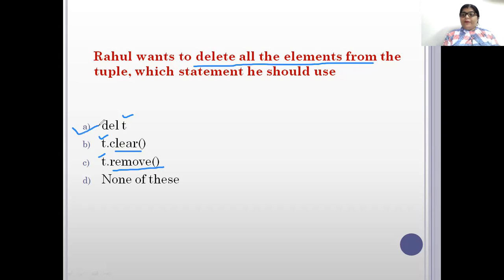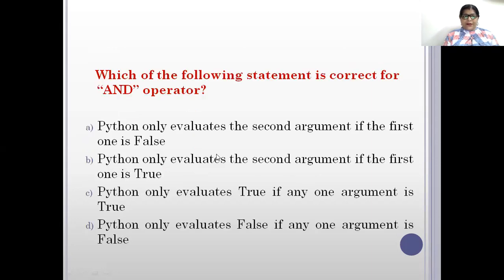So what will the answer be here? Simple, del T. In MCQs, you can also use the elimination method. If two or three options, A, B, C, are nearly equal and you think maybe this will be the answer, at that time you just use the elimination method. This is the best option. Okay, come to the next. So the answer here is A.